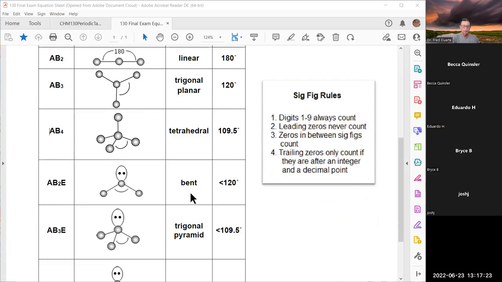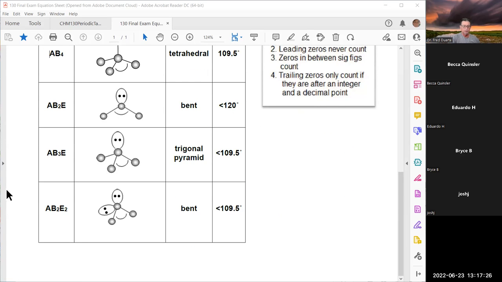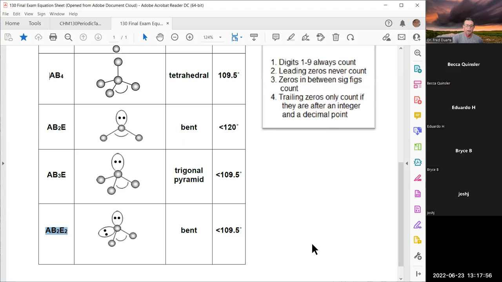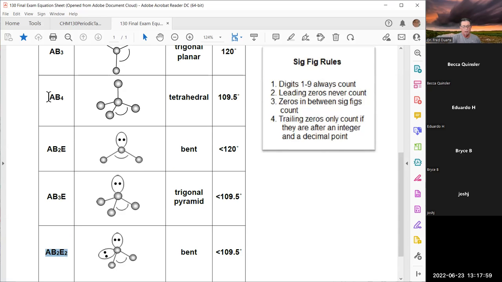Okay, so what we just did was water, which is this one down here in the bottom, AB2E2. That is the generic or general formula for the molecule of water we created. The next column gives you the geometry, and its specific name is called bent. Then we have a bond angle between the two hydrogens relative to the central atom of less than 109.5. Now, in general, the most common geometry out there in nature, our reference point, our little benchmark, is the